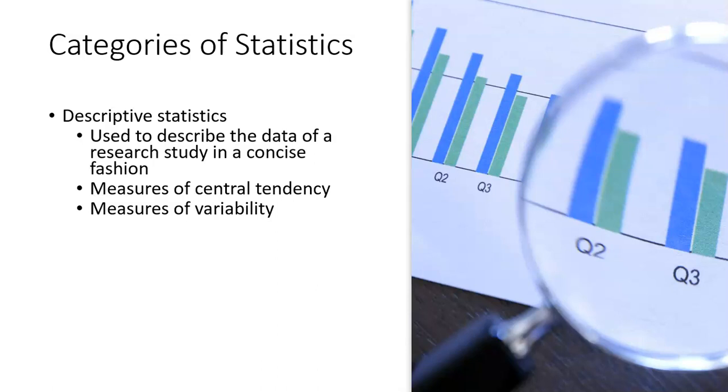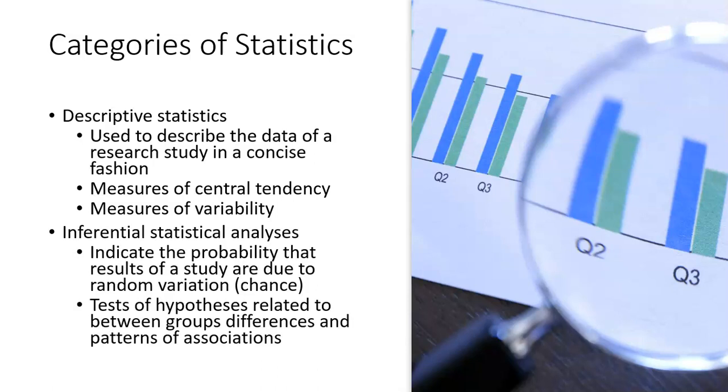I could also ask the question, what's the median GPA? What's the most common, or the modal, GPA? Those are all measures of central tendency. And then there are measures of variability. It's like, how widely spread out are their GPAs in that group of people? All of those are statistics that are used to describe the sample, basically telling you where they're at on some